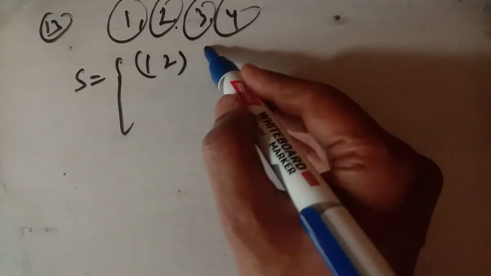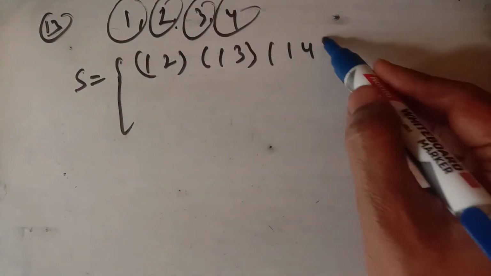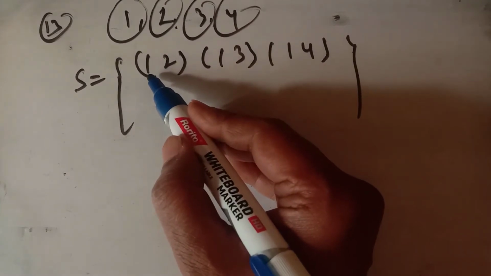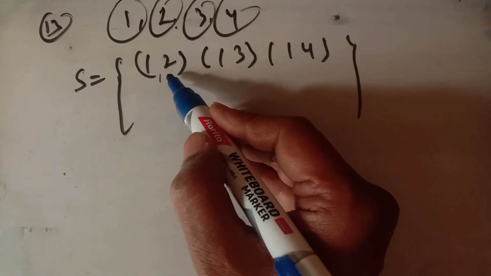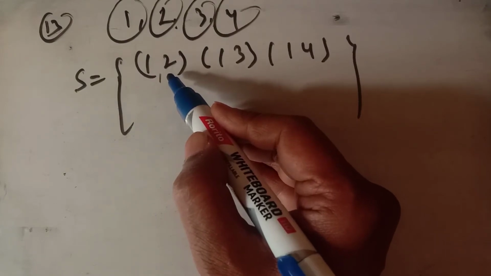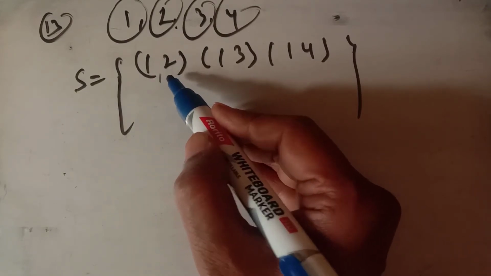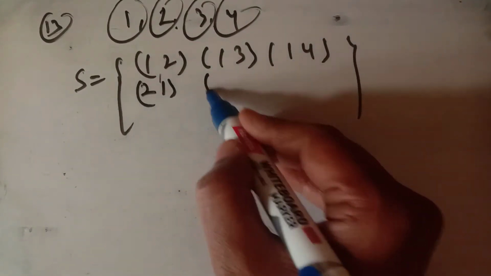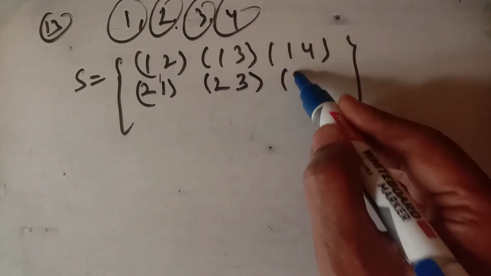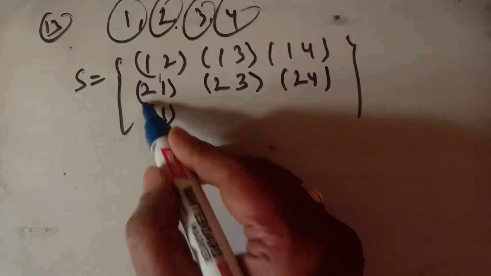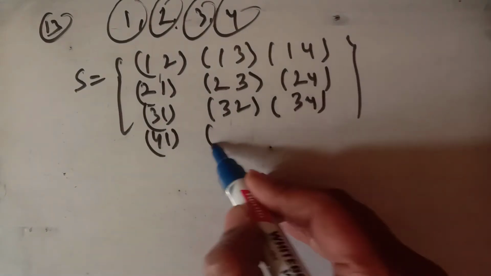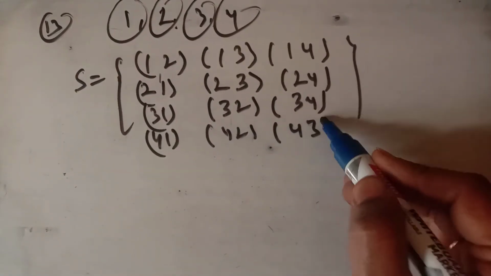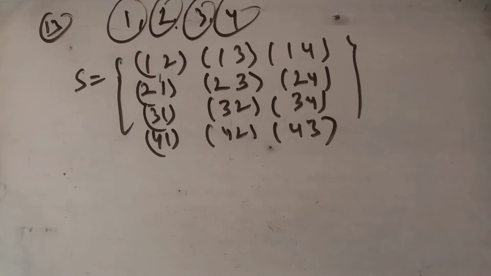1 2, 1 3, 1 4. What it means is that one is the number on the first slip and 2 on the second. It cannot be 1 1 because we are taking out 2 slips without replacement. So both numbers cannot be 1 1. Similarly, 2 1, 2 3, we can have 2 4, 3 1, 3 2, 3 4. We can have 4 1, 4 2, 4 3. We cannot have 4 4 because we are taking out 2 slips without replacement. So this is the sample space for that.